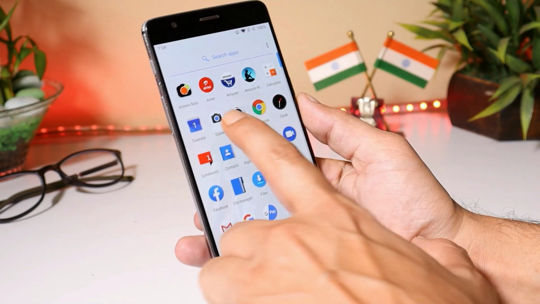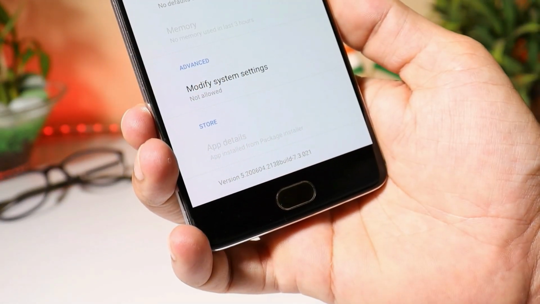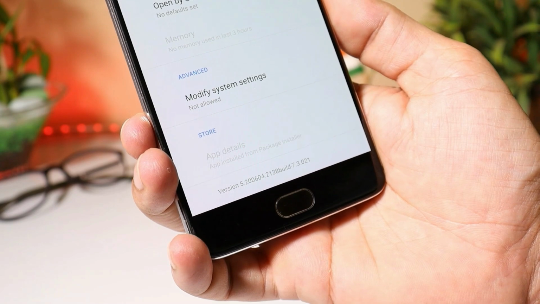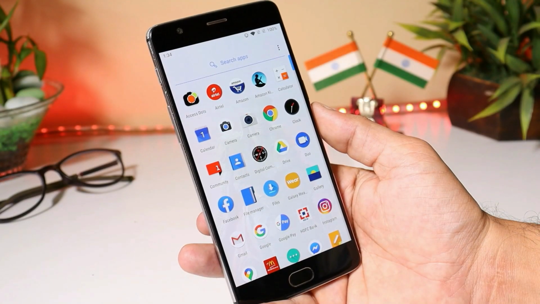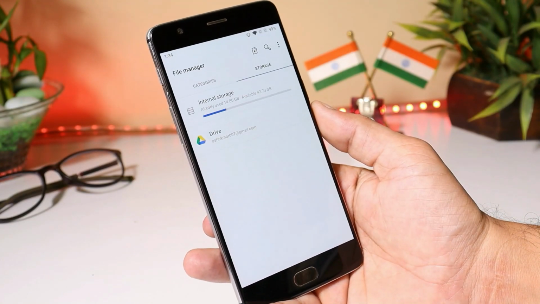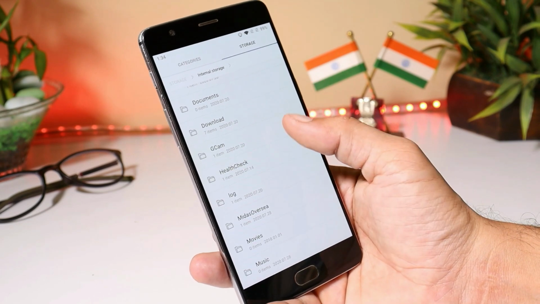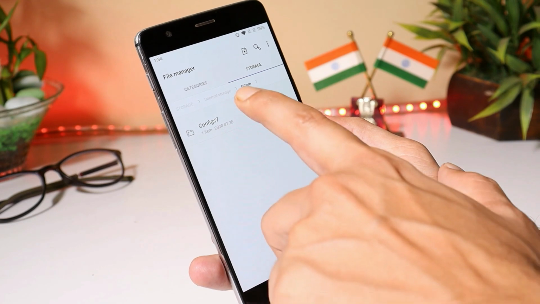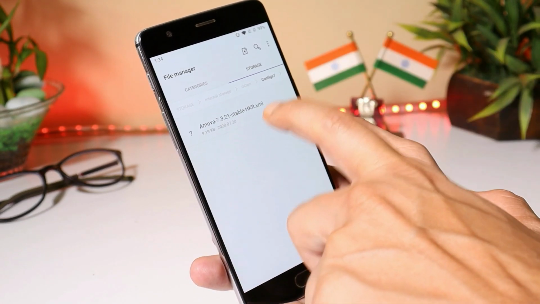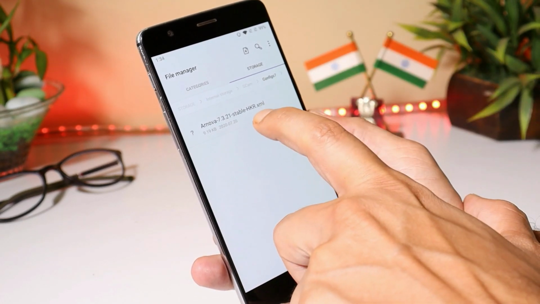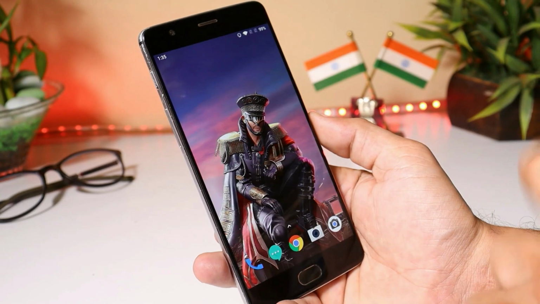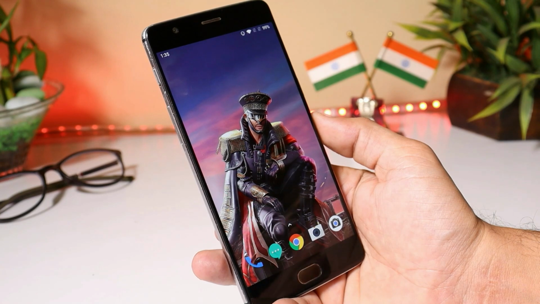First of all, let me show you the camera version over here. So here you can take a look at the Google Camera version, which is 5.2 and based on Google Camera 7.3. If you are installing Google Camera for the first time, you need to create a folder inside the internal storage. So here you can see I have a folder of Gcam, inside which you again need to create a folder called config7, and here you need to place the XML file. So XML file and Google Camera application both are given in the description below. Also, I'll include a few samples taken using stock camera and Google Camera.